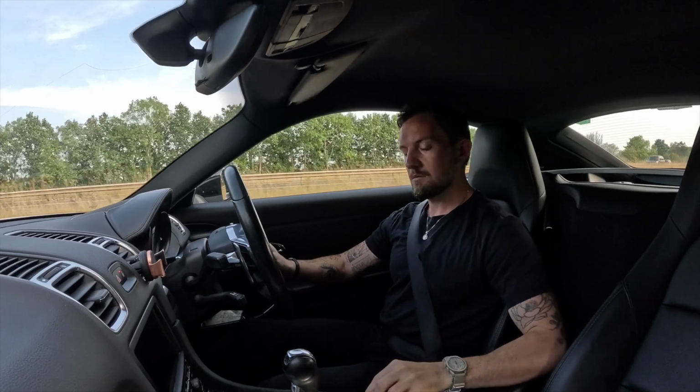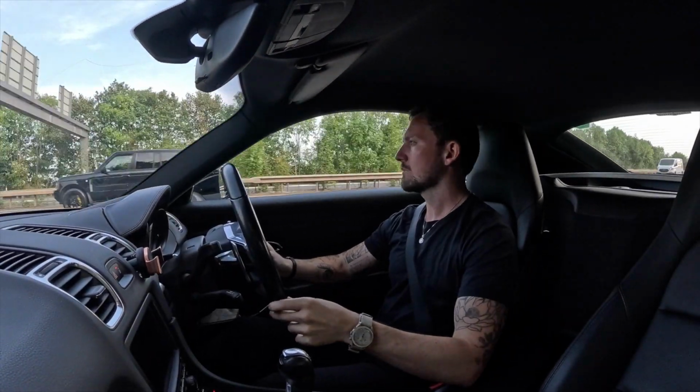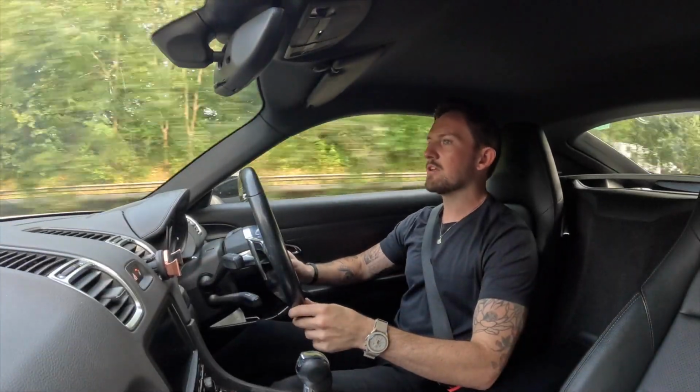Right, so the car's warm, pop into sport. Going onto a motorway. And as well, even in auto mode, you can pop it down a gear. I find it really hard to, generally